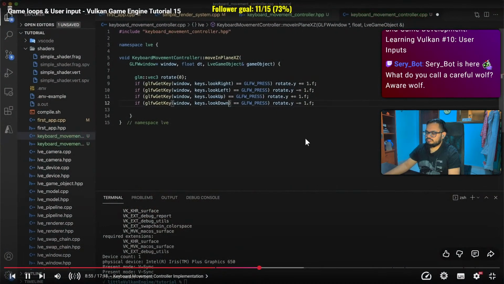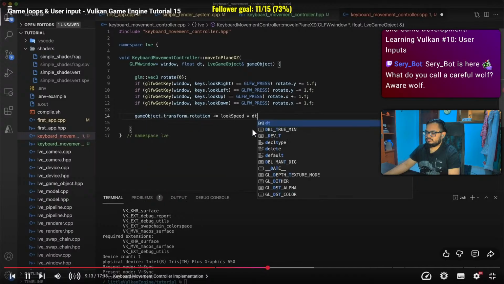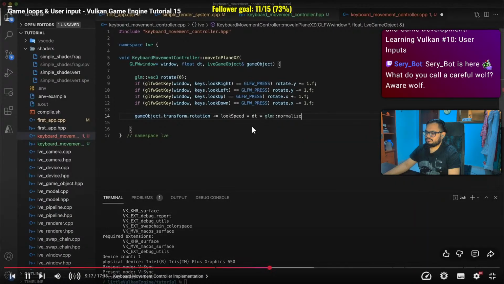Where instead we add or subtract 1 to rotate.x. Now that we have this variable storing the current rotation inputs, we can add it to the game object's rotation transform value. So gameObject.transform.rotation plus equals lookSpeed times dt times glm::normalize(rotate). We scale the rotation inputs by look speed and delta time so that